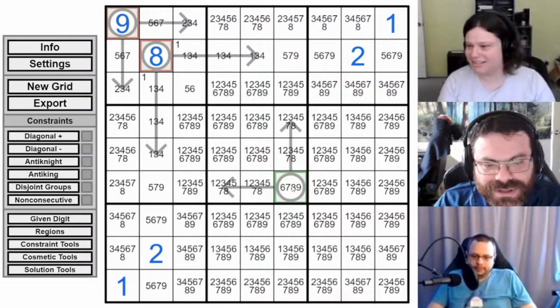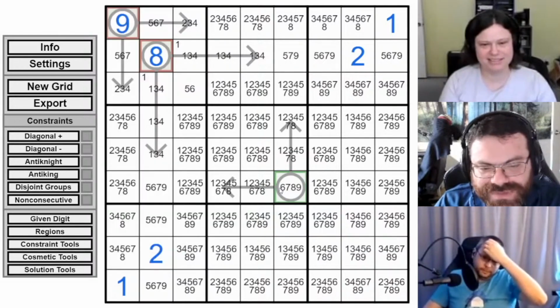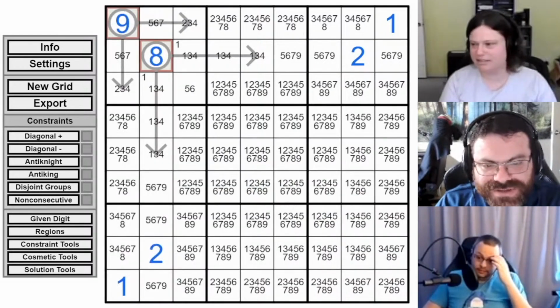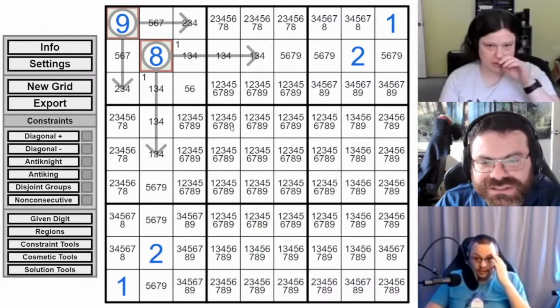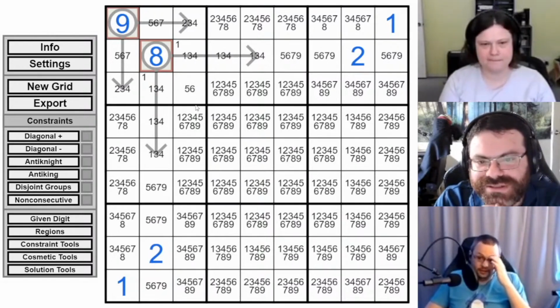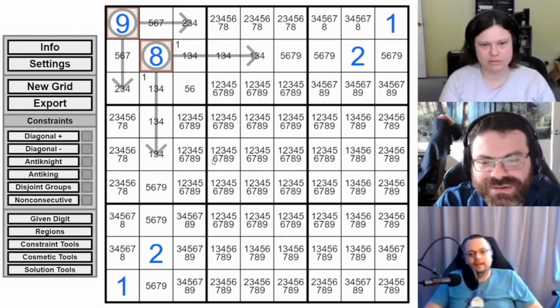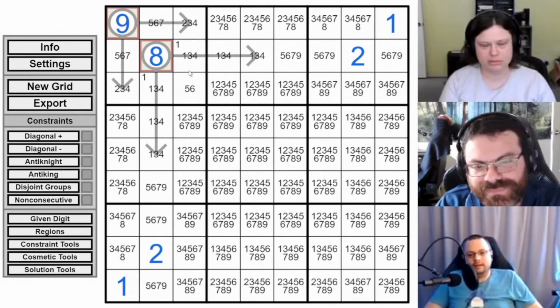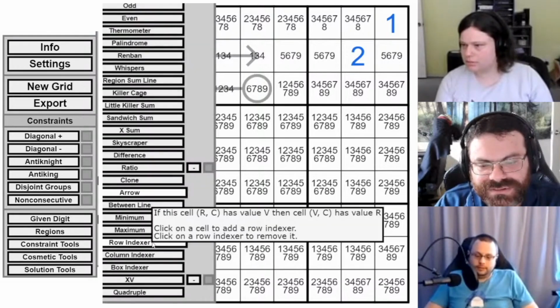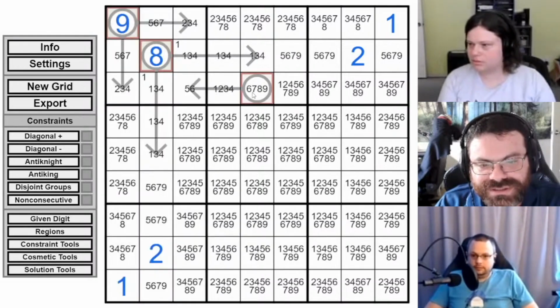Yeah. Well, okay, so I'm not at the point where I want to just be messing around adding something. I want to reward a deduction. I think that's what Zeta was going for as well, with placing one in the 5-6 cell. But we can't reward the 5-6 cell unless we use it as an arrow tip. So something like this with a column indexer in it.